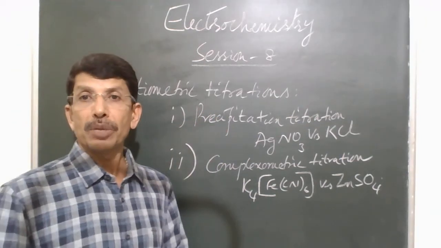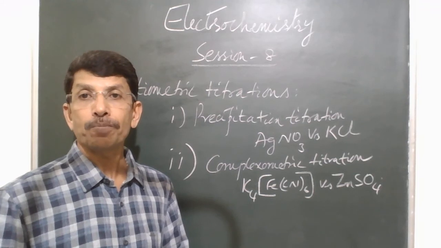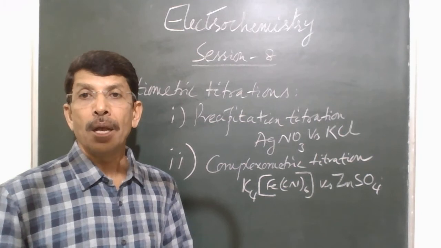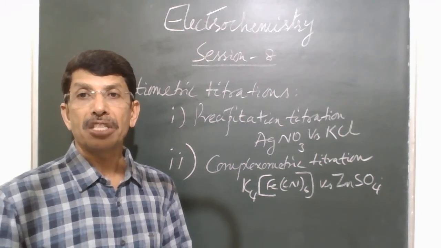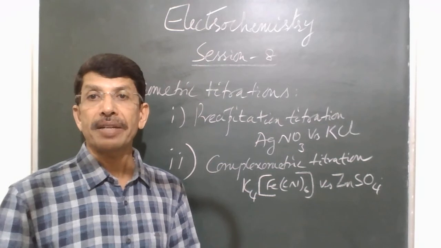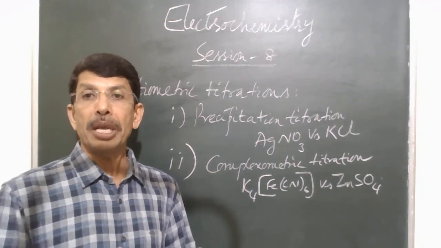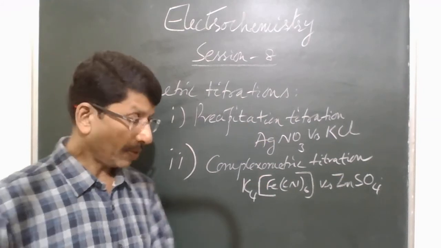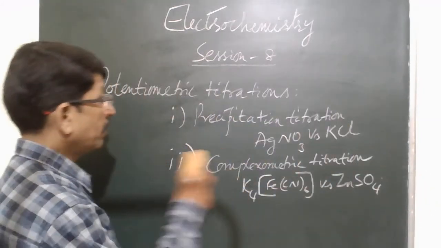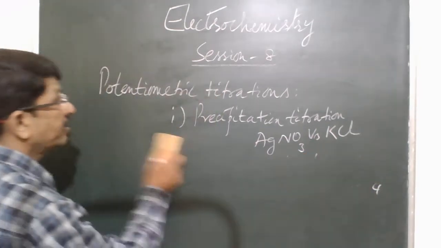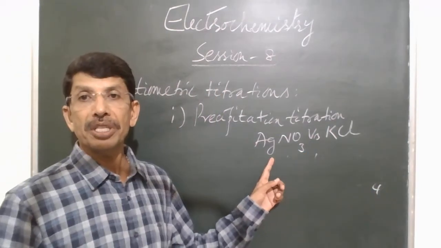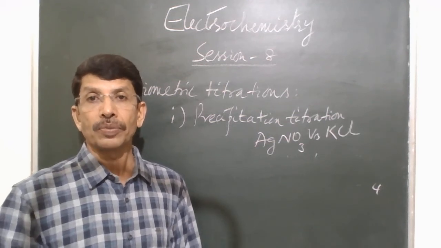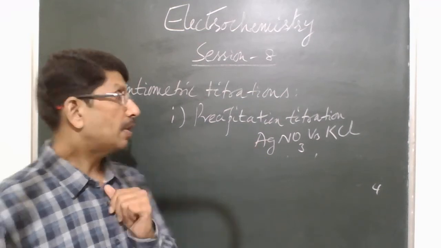As we know, during potentiometric titrations, EMF of the solution is measured for different volumes of titrant added, and the equivalence point is determined from the graph of volume of titrant versus EMF. The same principle holds good for precipitation as well as complexometric titrations. So let us discuss the precipitation titration by taking the example of determination of the amount of silver ions present in the given solution of silver nitrate by titrating against standard KCl solution, right?